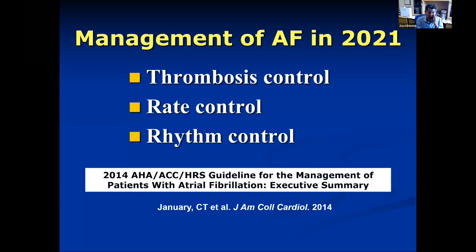So what are our guidelines? How do we manage atrial fibrillation? Our therapeutic goals are, first of all, thrombosis control, addressing the risk of stroke. Then, when the risk of death and debilitation is addressed appropriately to the best that we can, we think about comfort, like rates, so that heart rates aren't too accelerated, and the heart rhythm is normalized, so the patient is